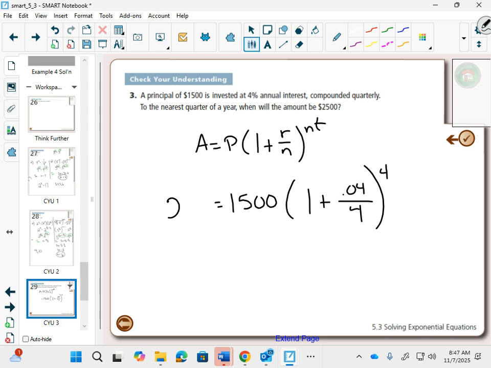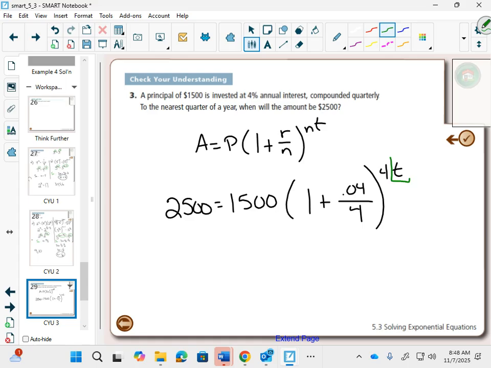A is the amount. So we want this to go up to $2,500. We're like, how long is that going to take? At $1,500, you want to save up to $2,500, and you see that you can put it into an account paying 4% interest. How long will that take? At this point,